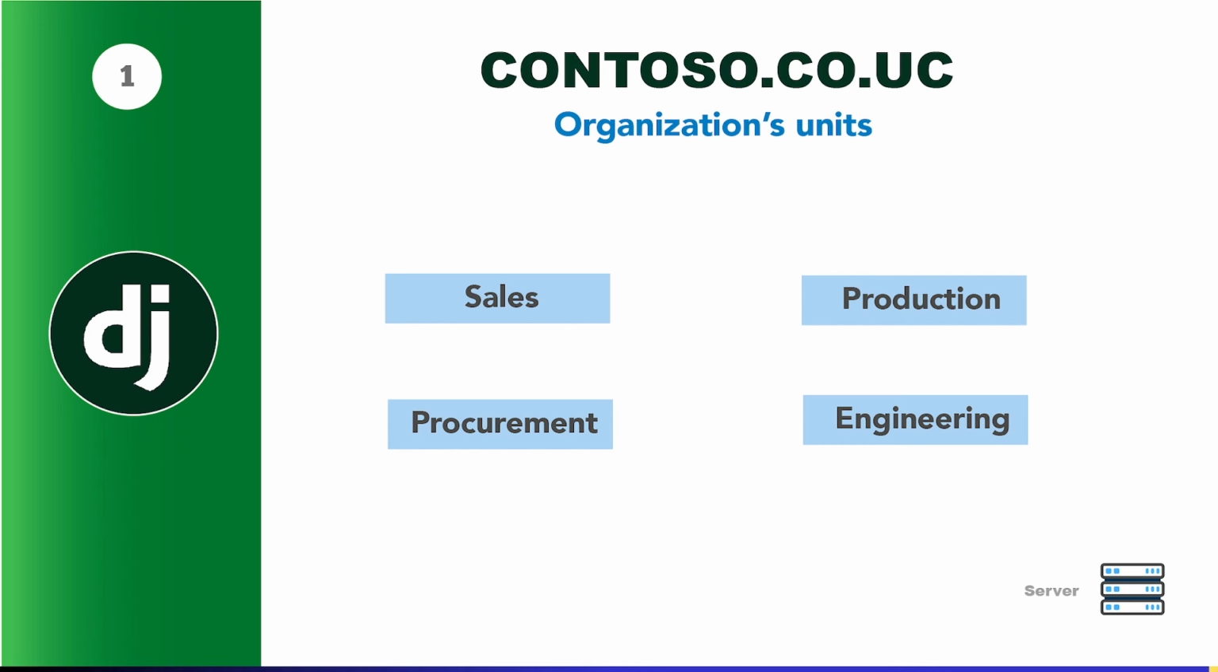Contoso is a company that designs and builds cars. Within the organization Contoso, we have some units or departments. We have the sales department, the production department, the procurement department, as well as the engineering department. Of course, we might have more than these four departments, but to explain the why of using authentication and authorization,